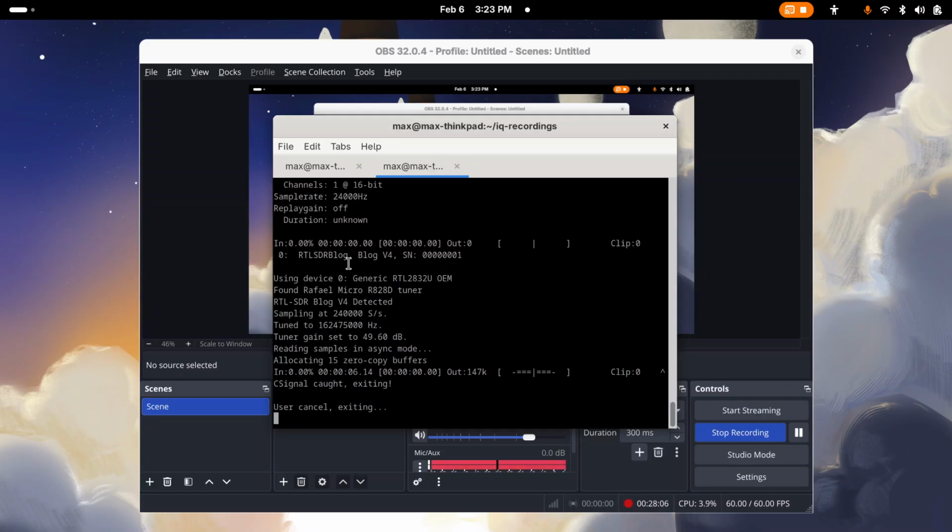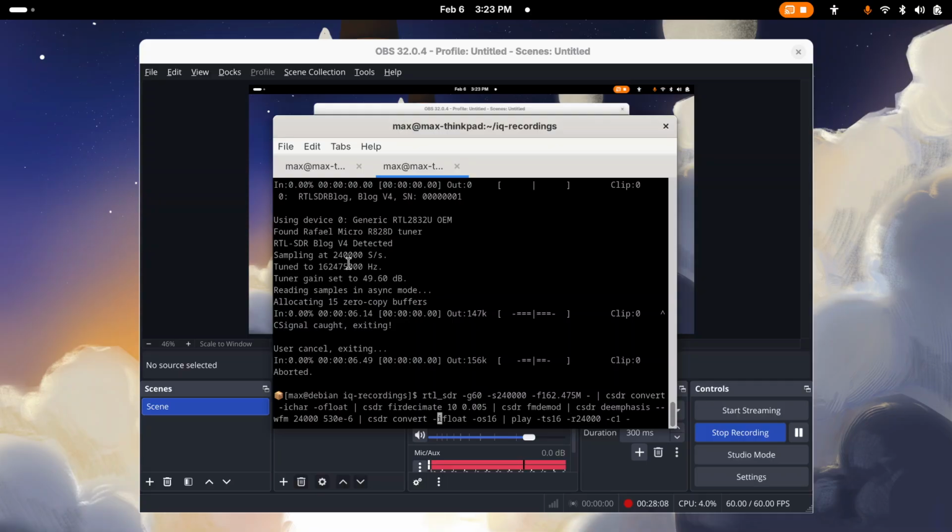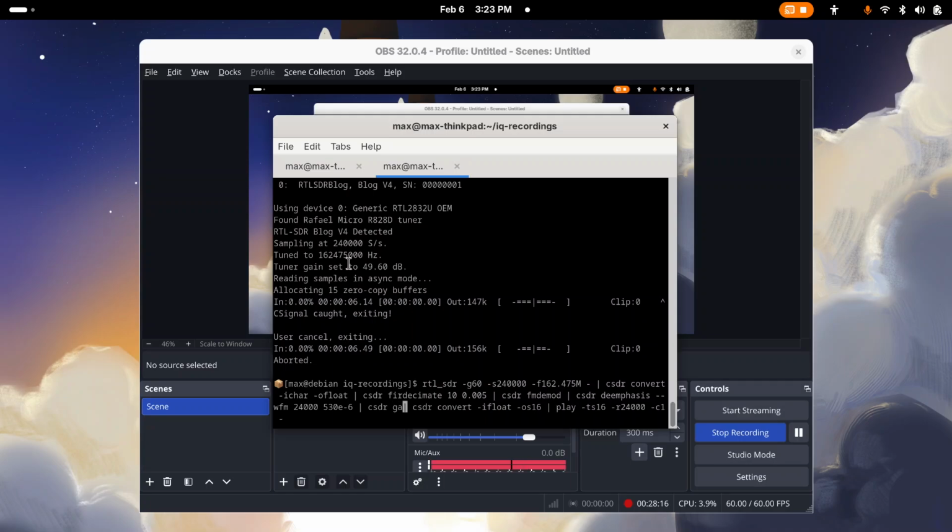So to fix that, after our de-emphasis command, we can increase the gain. So CSDR gain, and for this, I would say 2.0 to 2.5 should suffice. So let's try. Let's do